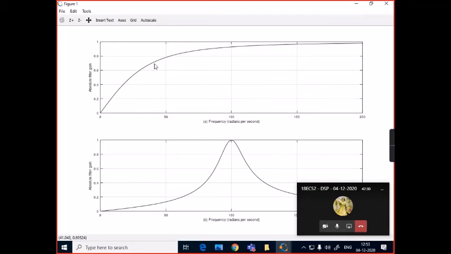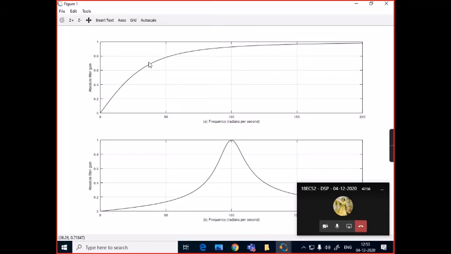It is not clearly indicated here, but you can see the maximum magnitude gain is 1. If you reduce it by 1 divided by root 2, which is 0.707, you get the minus 3 dB line. 0.707 will be somewhere around here.